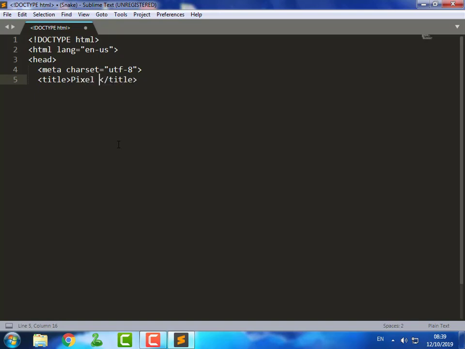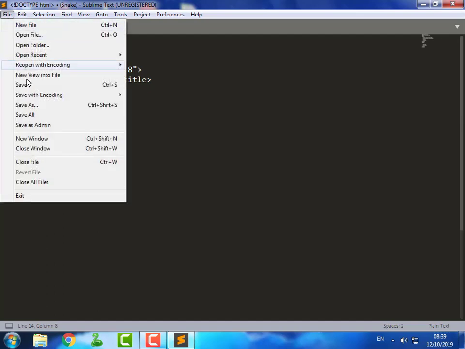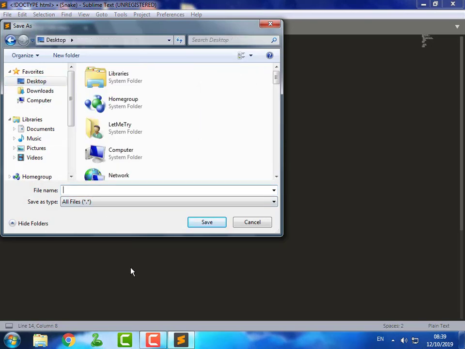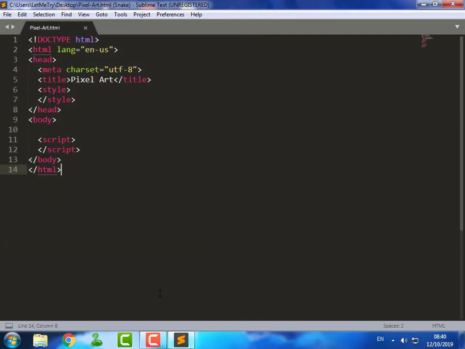And the title is Pixel Art. Save it as pixelart.html. And now,